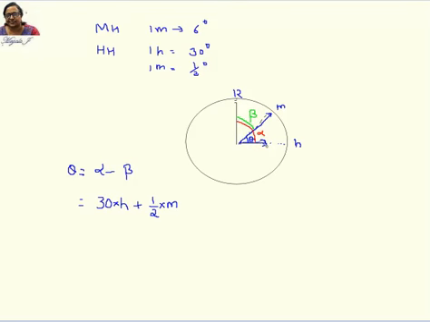Alpha is again the hour hand movement. So for the hour hand movement, I'm considering that it has moved for h hours and m minutes. So this is 30 into h plus half into m, as per whatever is given here, right? And now subtract beta. What is beta? Beta is